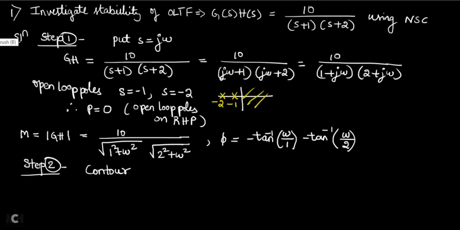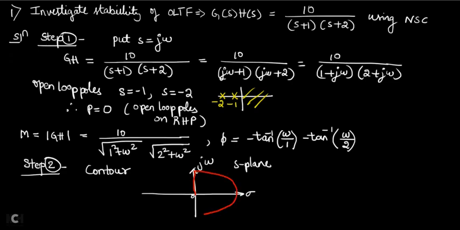So my contour will be like this. How to take the contour? This will be sigma, this will be j omega, and this is called the S plane. Correct? This is my 0. I'll take the red color. Starting from 0, you go up to infinity, take the entire RH side, come to minus infinity, then again go up to wherever you started. Where you started, I will call it A, and this is B, this is C, this is D. I am naming the points.